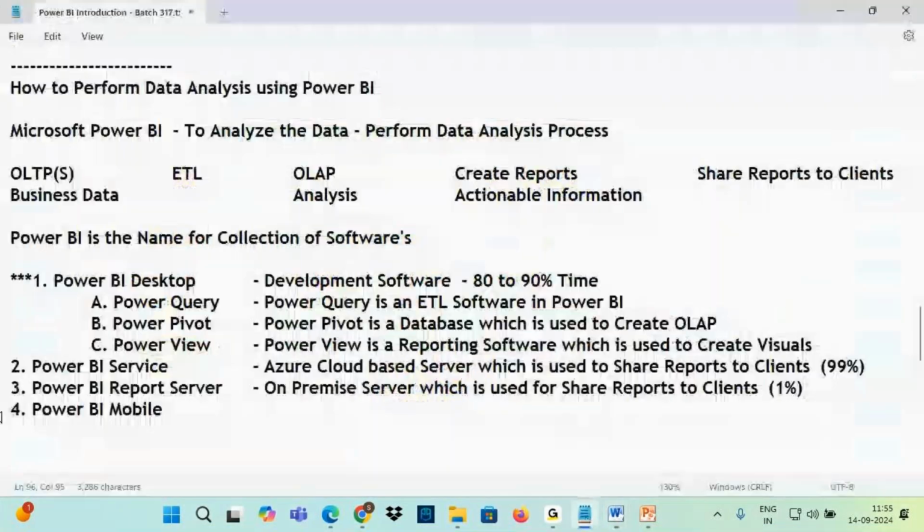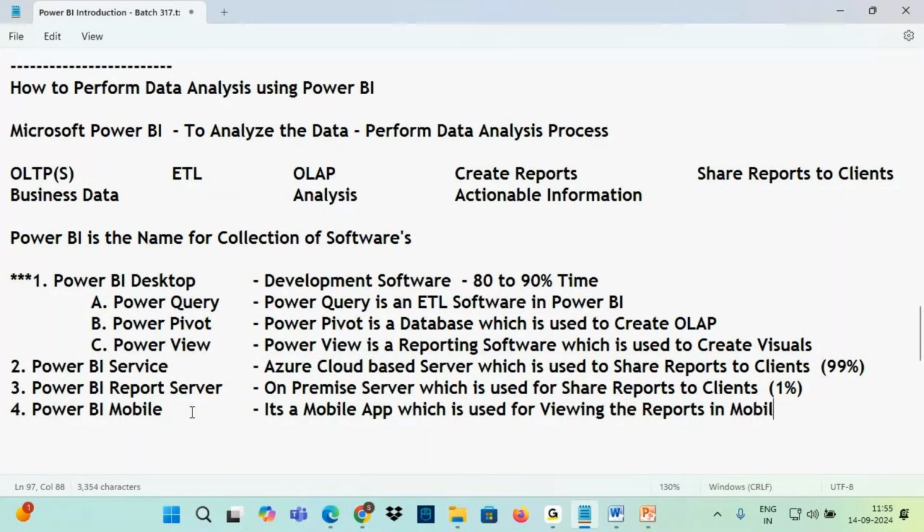So when you go to the Play Store or App Store and search with the name Power BI Mobile, you'll find one mobile app. So Power BI Mobile, it's a mobile app, which is used for what purpose, guys? Viewing the reports in where? Mobiles, tabs,